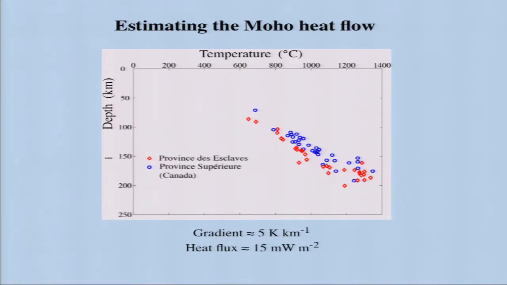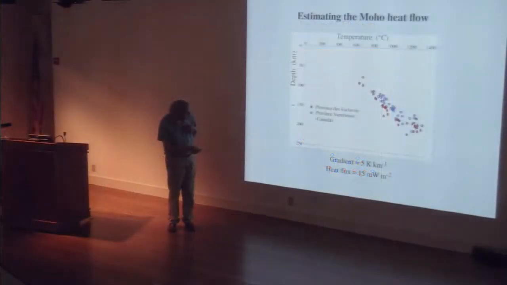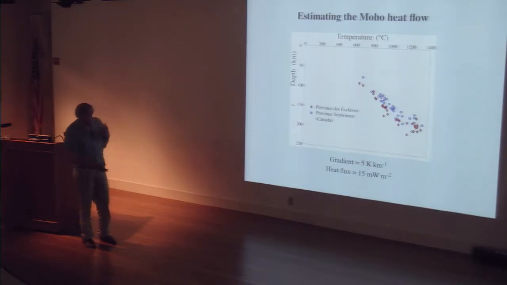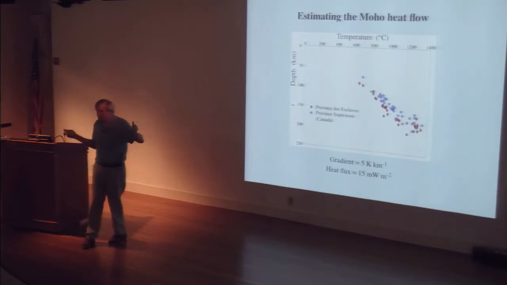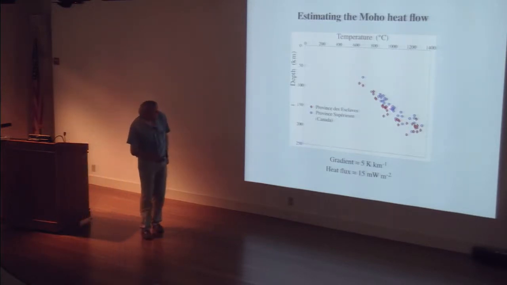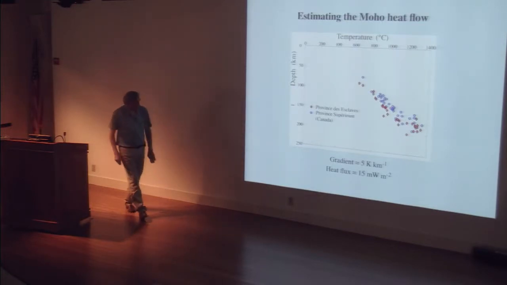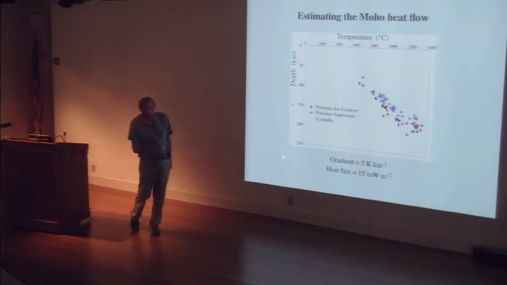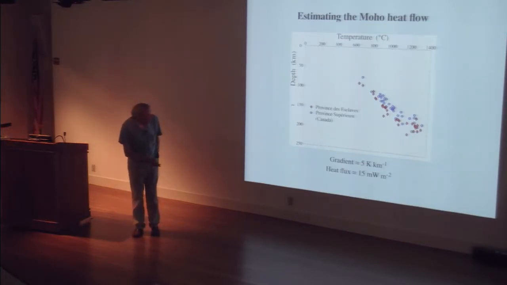So that's depth and temperature. And two data sets that span a lot of the shield. This is from Kirkland Lake in the Abitibi province, and in the Slave province, that's the Jericho. You can see that interestingly, there are definite lateral variations of temperature across the shield on that scale. There's about 150 or 200 degree difference between these two profiles, which is telling us something. And you can draw a gradient to this. The average gradient for these things is about 5 degrees per kilometer, and the heat flux is about 15 milliwatts